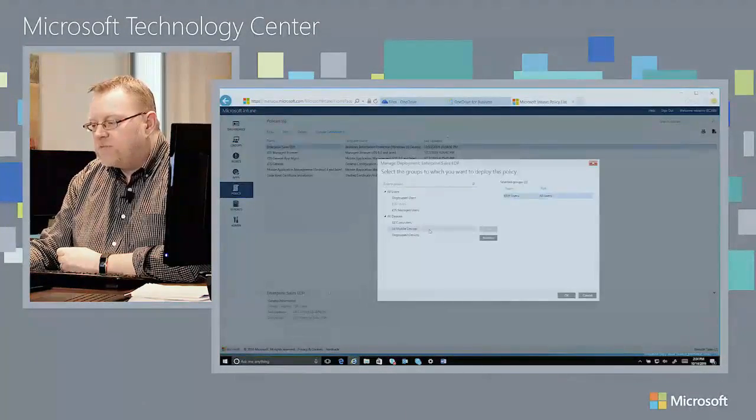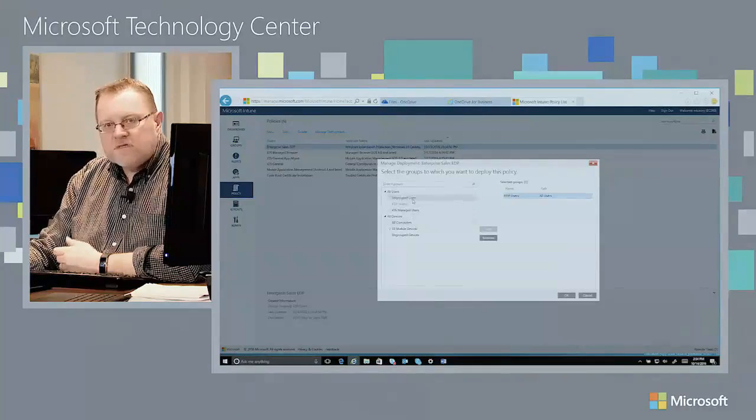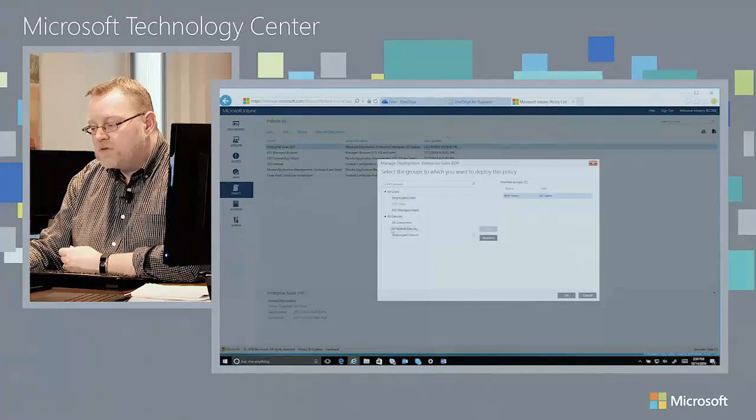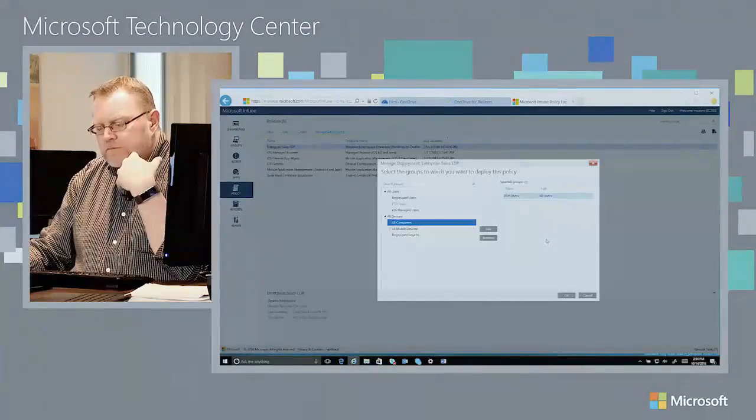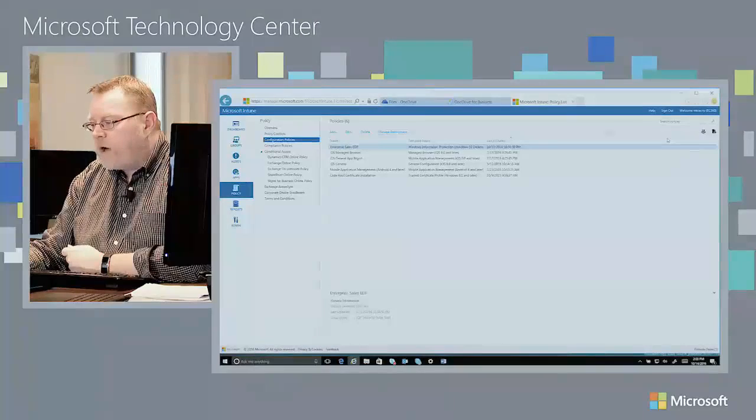So I manage the deployment of the policy, and I've set up a group for EDP users, but I could actually have users or devices even, so I can also send it to devices as well that will have this policy enforced on their device. Now you can be domain joined, so this works through domain joining as well, which is why we can use Configuration Manager to actually push this down onto a device. So once this is done and once this is in place, I then publish my policy.